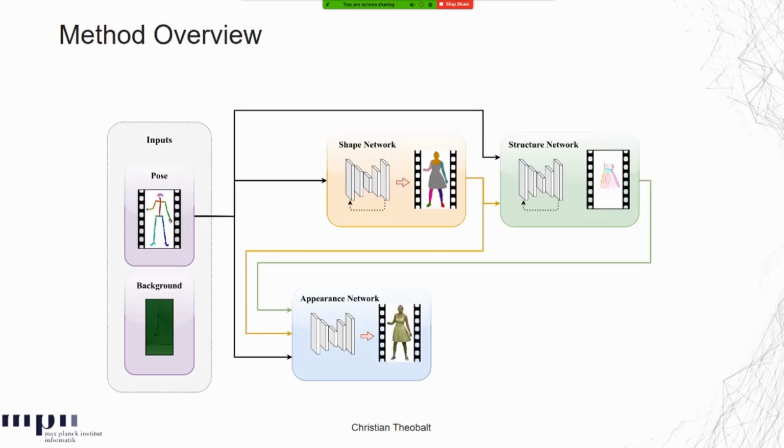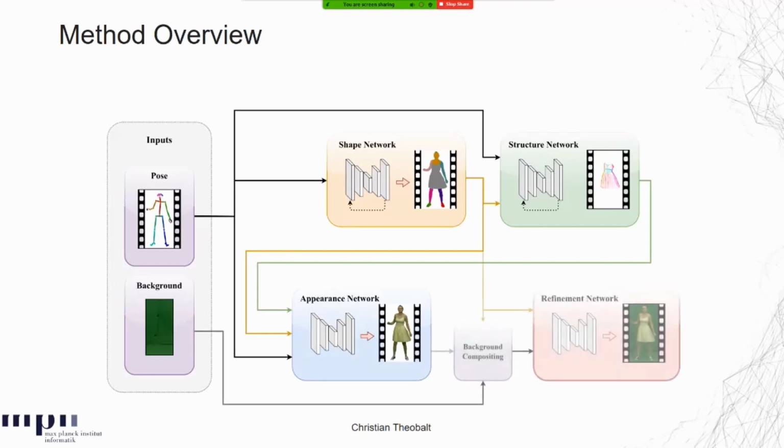Conditioned on the actor's 2D shape and clothing structure, we estimate the target actor's appearance under a given input pose. In contrast to recent approaches, the intermediate estimates help to preserve fine details on non-rigidly deforming clothing and allow for interesting style editing applications, as we will show later on. Finally, we apply a shallow refinement network that fuses the target actor with a background image and generates realistic pose-dependent shadowing. This results in a photorealistic rendering of the actor on the